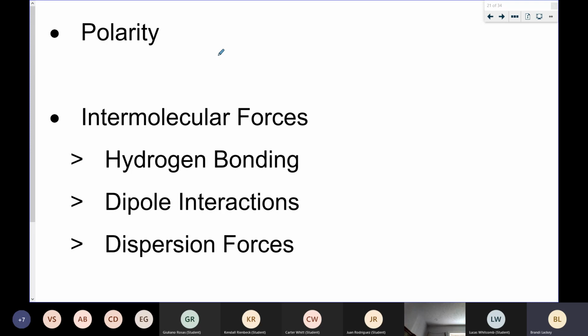So the 3 that we had were hydrogen bonding. This can occur whenever, we said, hydrogen is fun, F-O-N. So whenever hydrogen is attached to one of those very electronegative elements, like fluorine, oxygen, or nitrogen, it can form hydrogen bonding, where that hydrogen is going to be attracted to another molecule's electronegative element. So that we said happens between water. That was one of the things we looked at. So like water,